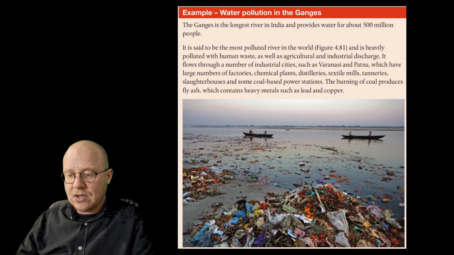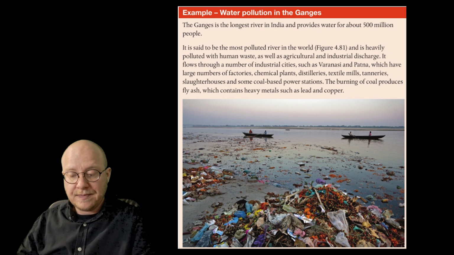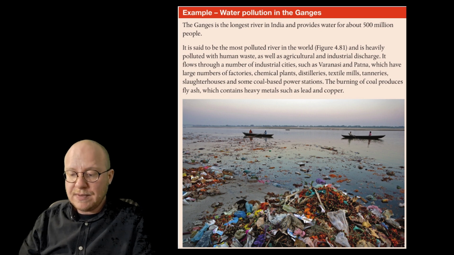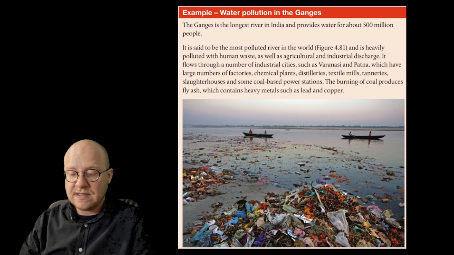The Ganges is the longest river in India and provides water for about 500 million people. It is said to be the most polluted river in the world and is heavily polluted with human waste as well as agricultural and industrial discharge. It flows through a number of industrial cities such as Varanasi and Patna, which have large numbers of factories, chemical plants,